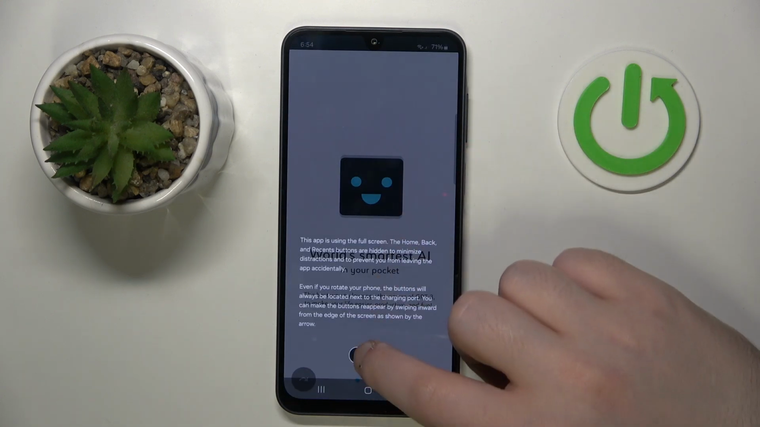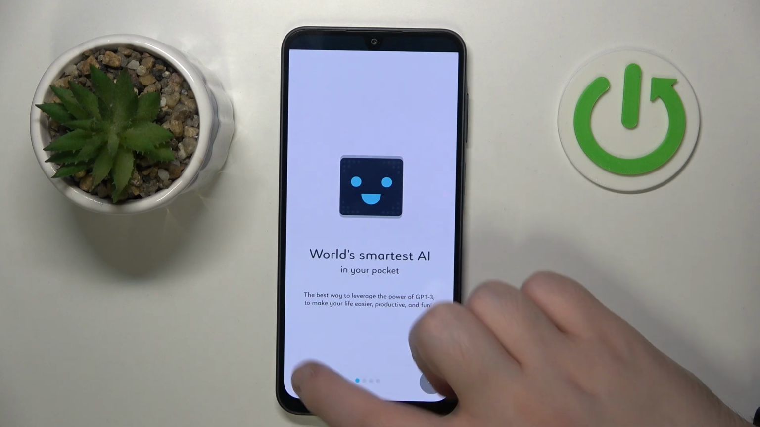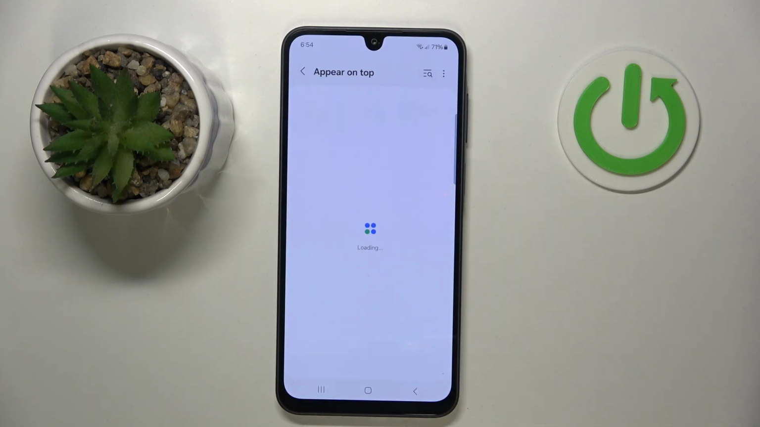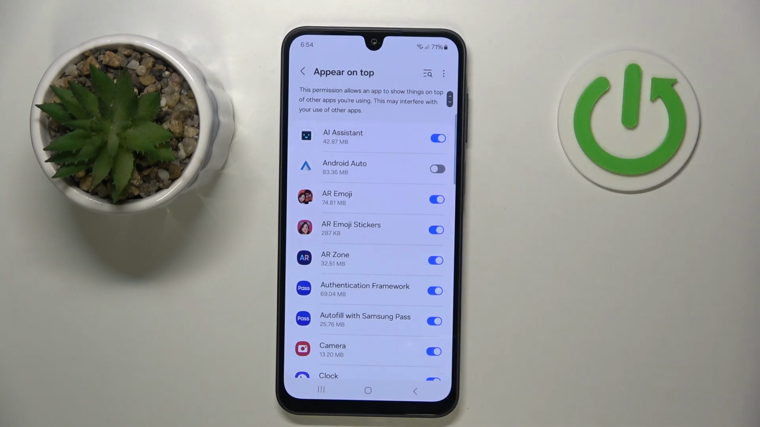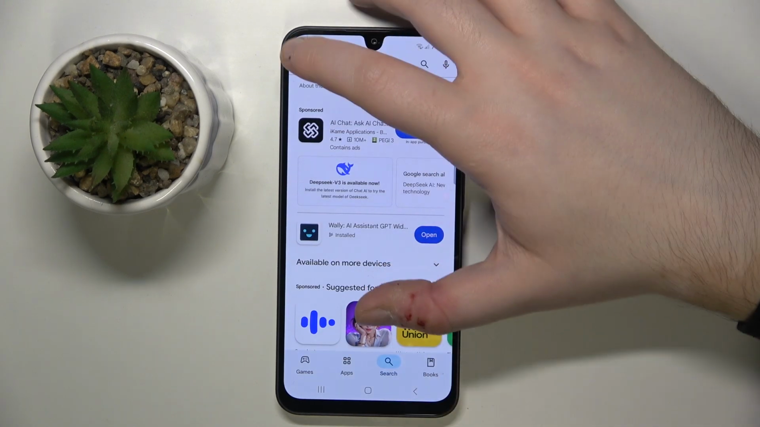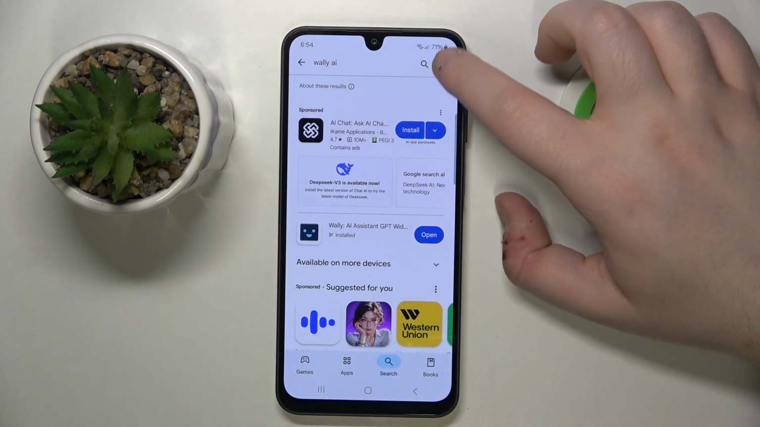and then swipe up and click OK. Now you can click on this button to skip introduction and then click not now and click open permissions. Then click here to allow this app to display over other apps, and then you can go back and click start. And as you can see right here, there's my ChatGPT widget and I can open him and I can